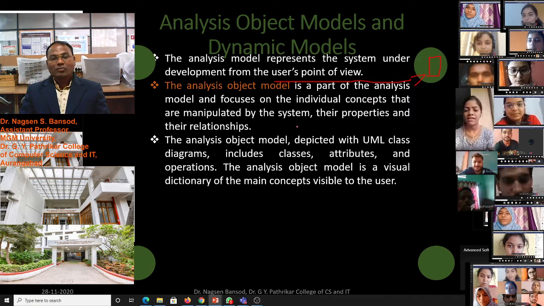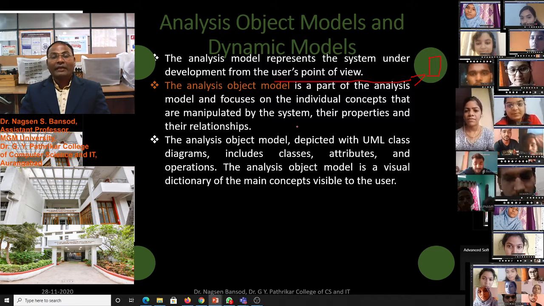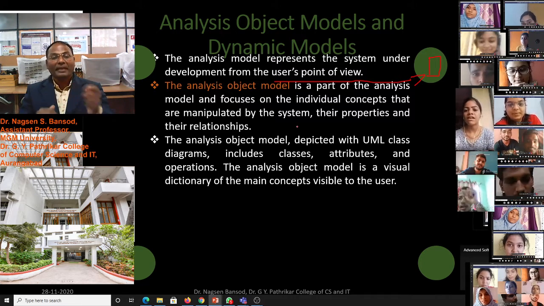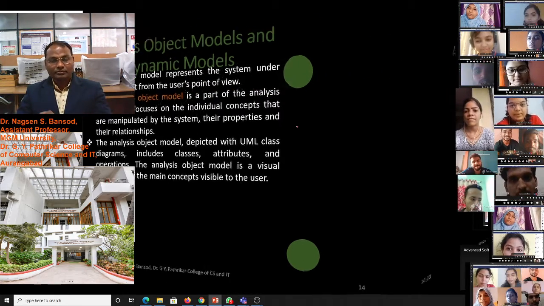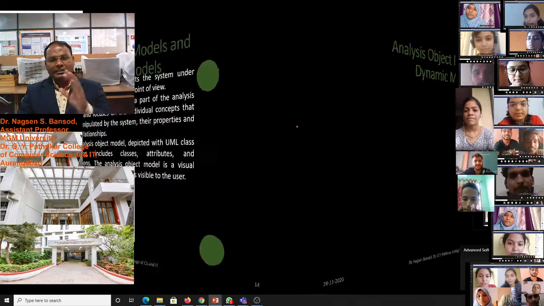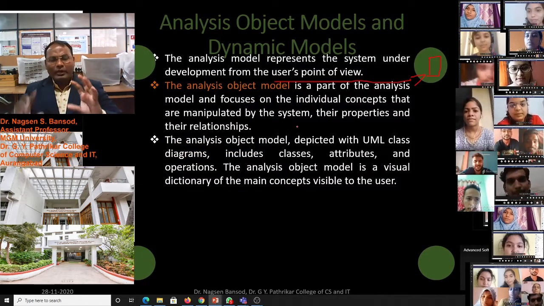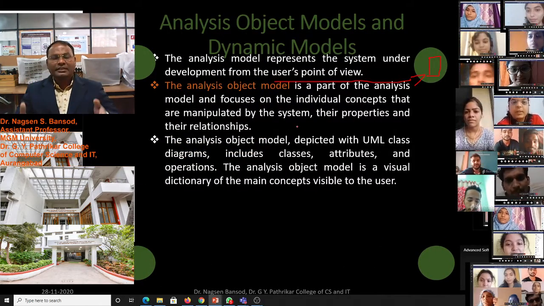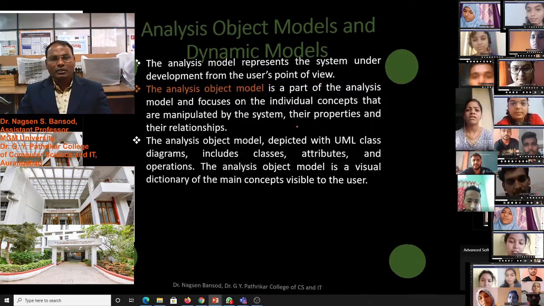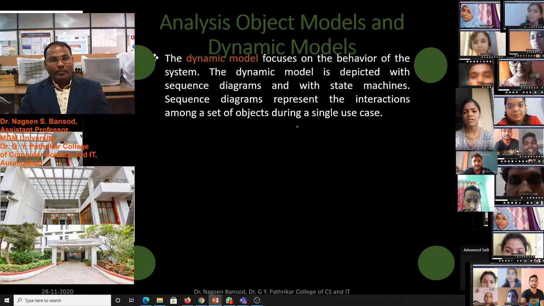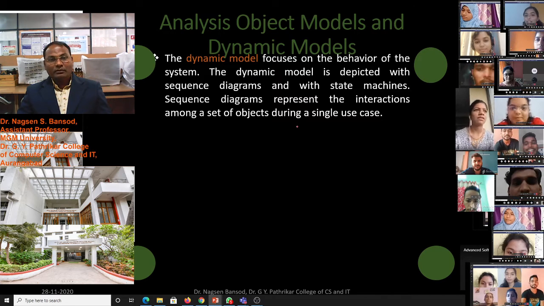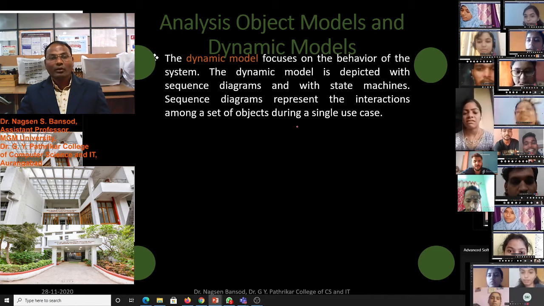The analysis model is a visual dictionary of the main concepts visible to the users. In the analysis model, we have to make the dictionary that should be visible to the users. But the dynamic model focuses on the behavior of the system.